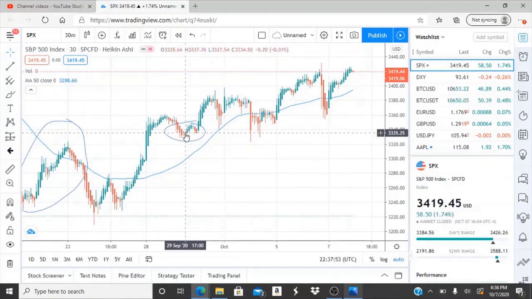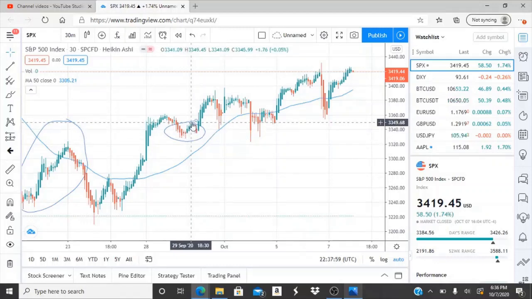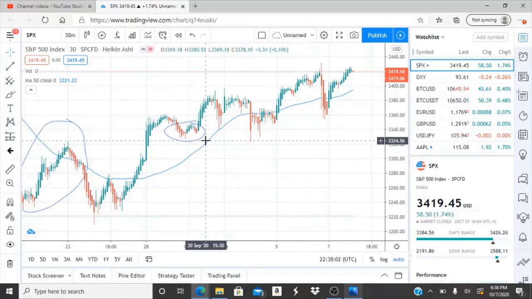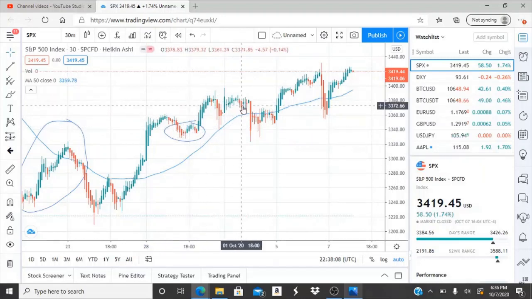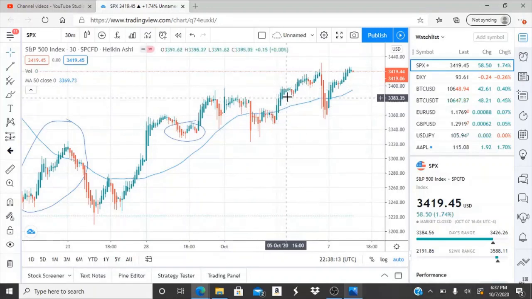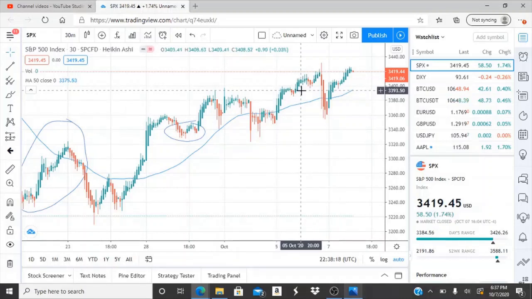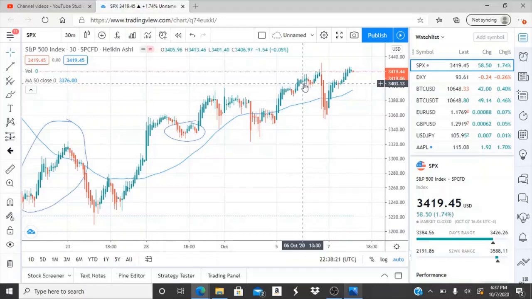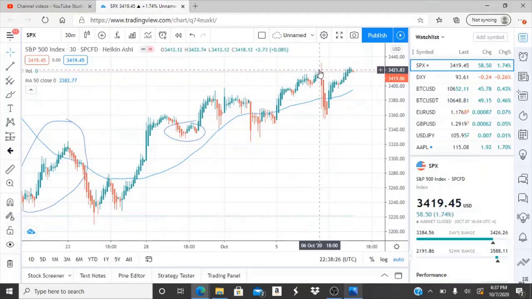So here we are on the 29th, and it fell to lows of 33.28, and it rose up to these highs here of 33.49. I know it doesn't sound like a lot, but that's still a 20-point jump after dipping and recovering, and then it continued to work its way up to newer highs. Now here on the 6th, on the 5th it started to rise, it leveled off. This is the last candlestick of the 5th, and it rose up, and all the way to the last candlestick of the 6th, it rose up another 20 points. I mean, we're down here, and it ended up around here.